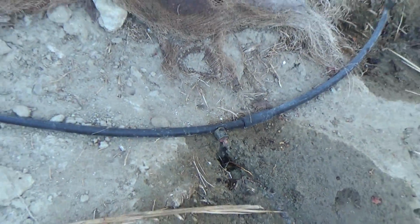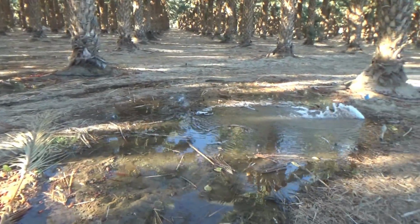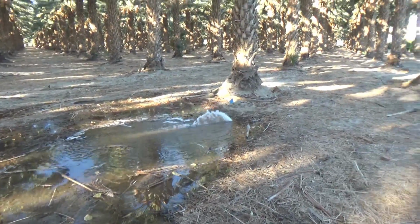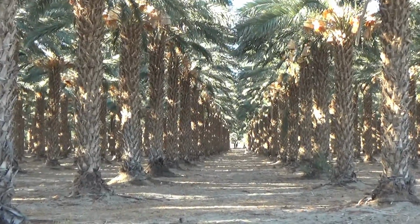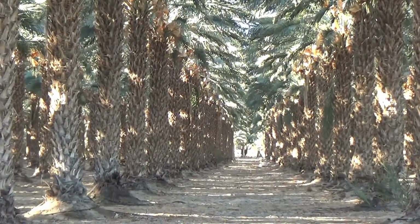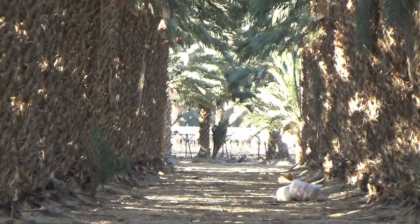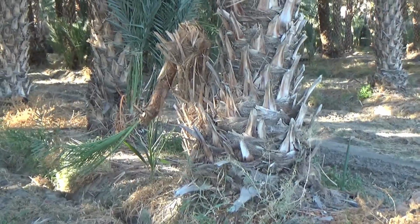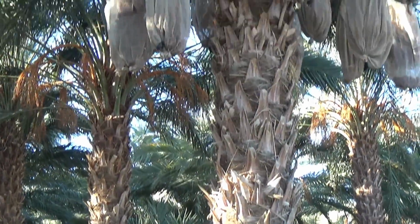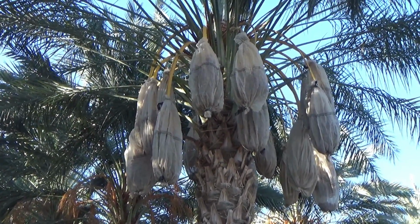They have these irrigation tubes around the trees. It looks like they have sprung a leak here. I never thought I would see a banana plantation here in the United States. Well, this is it. Here's some where you can see the full bags that they put around the bananas to protect them,